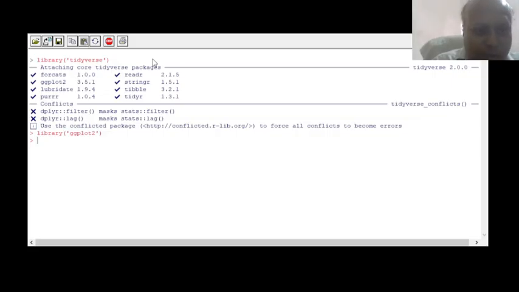So for the safe side I'll also use dplyr here, and now I try to generate some random data. To do this I'll set the seed first. This will be the seed for the random data generation process, and then I'll use